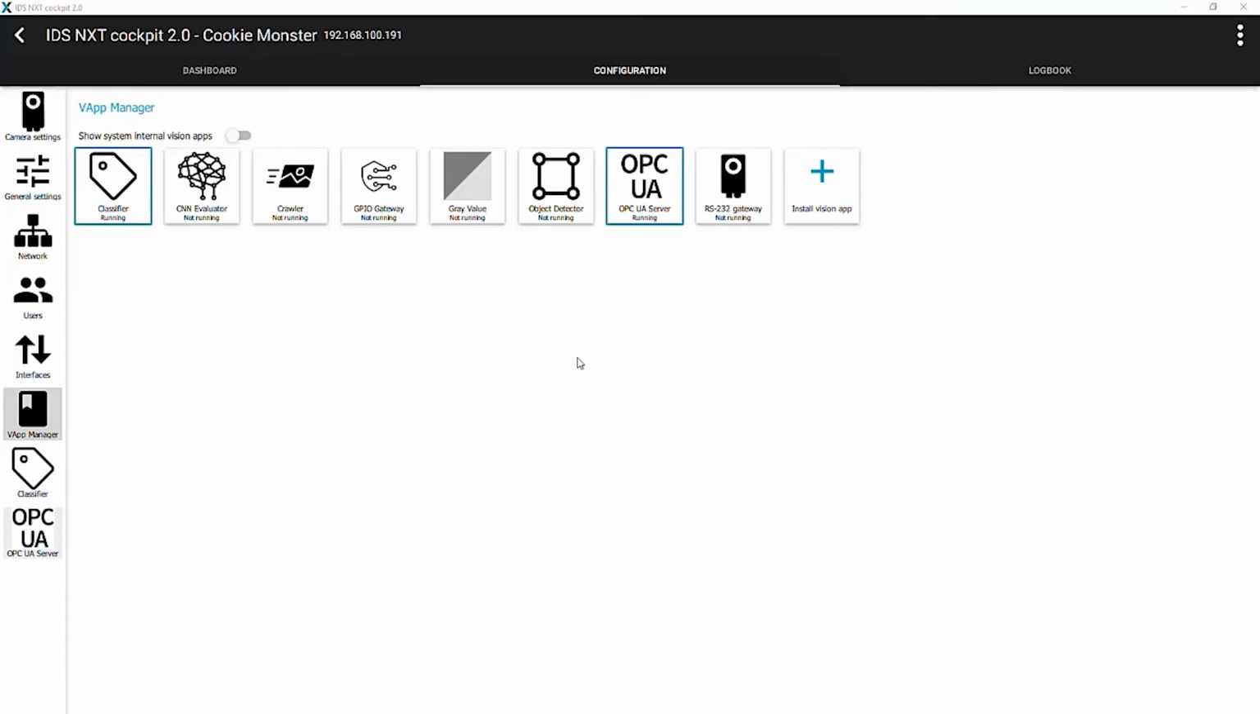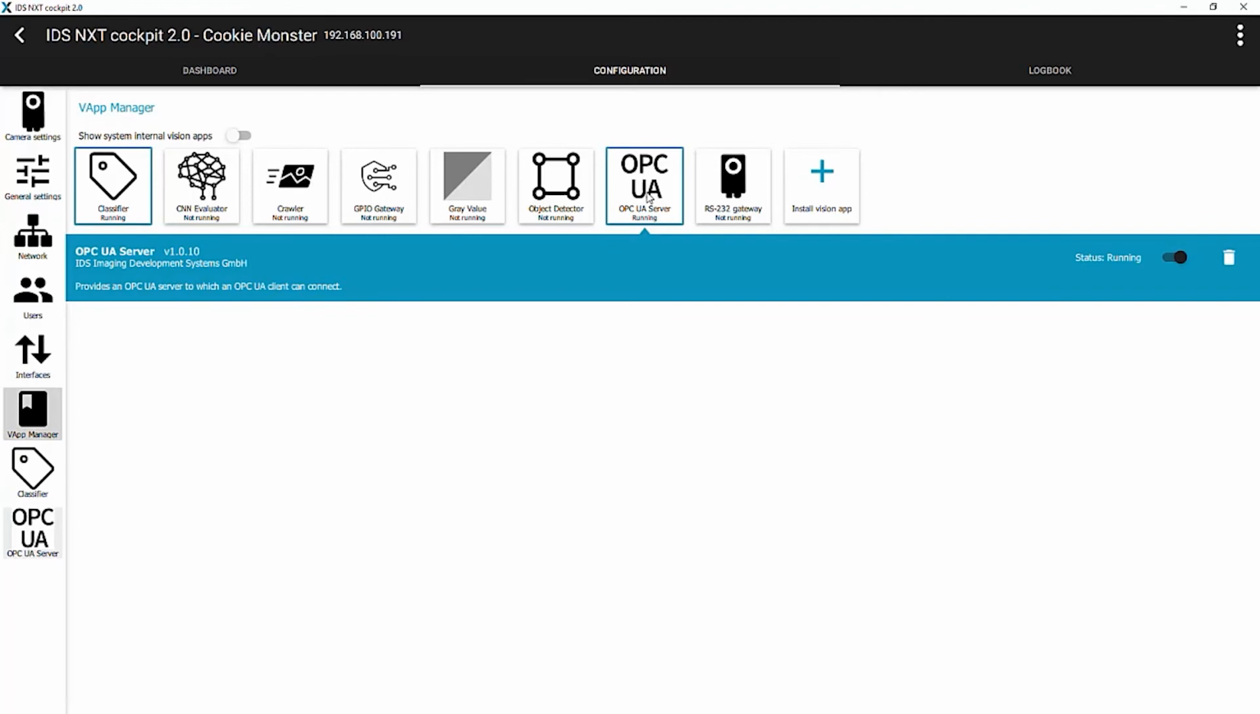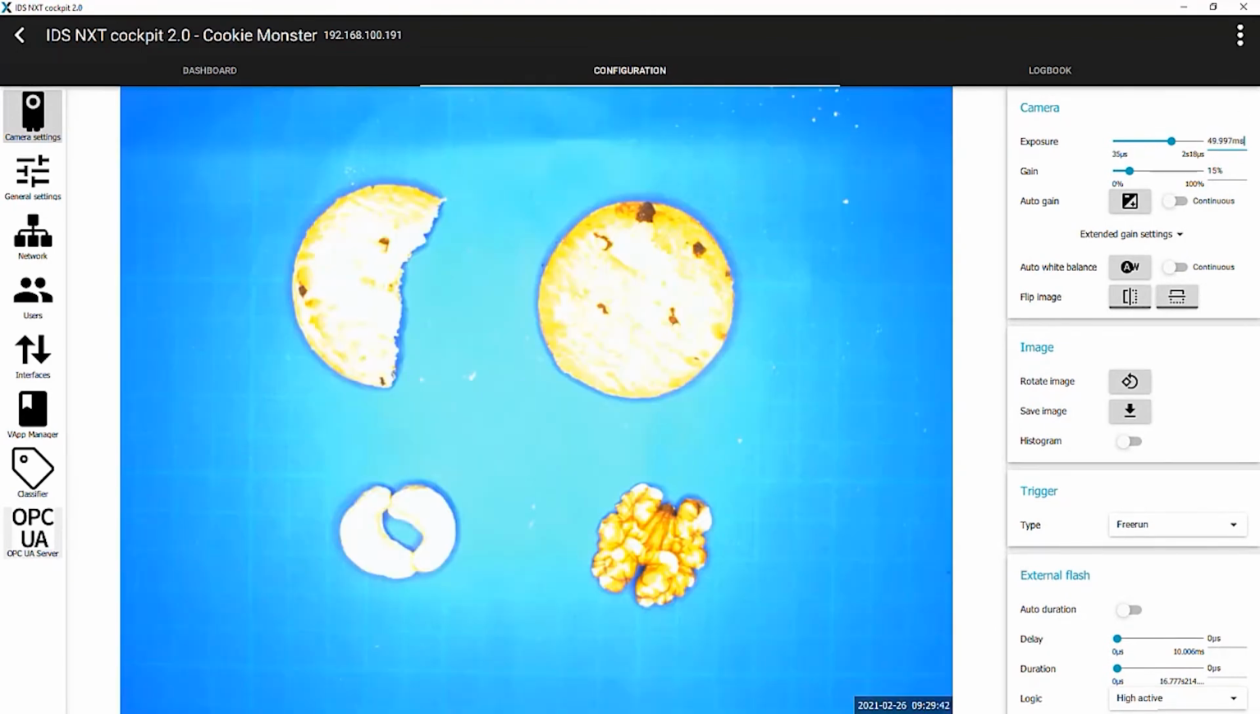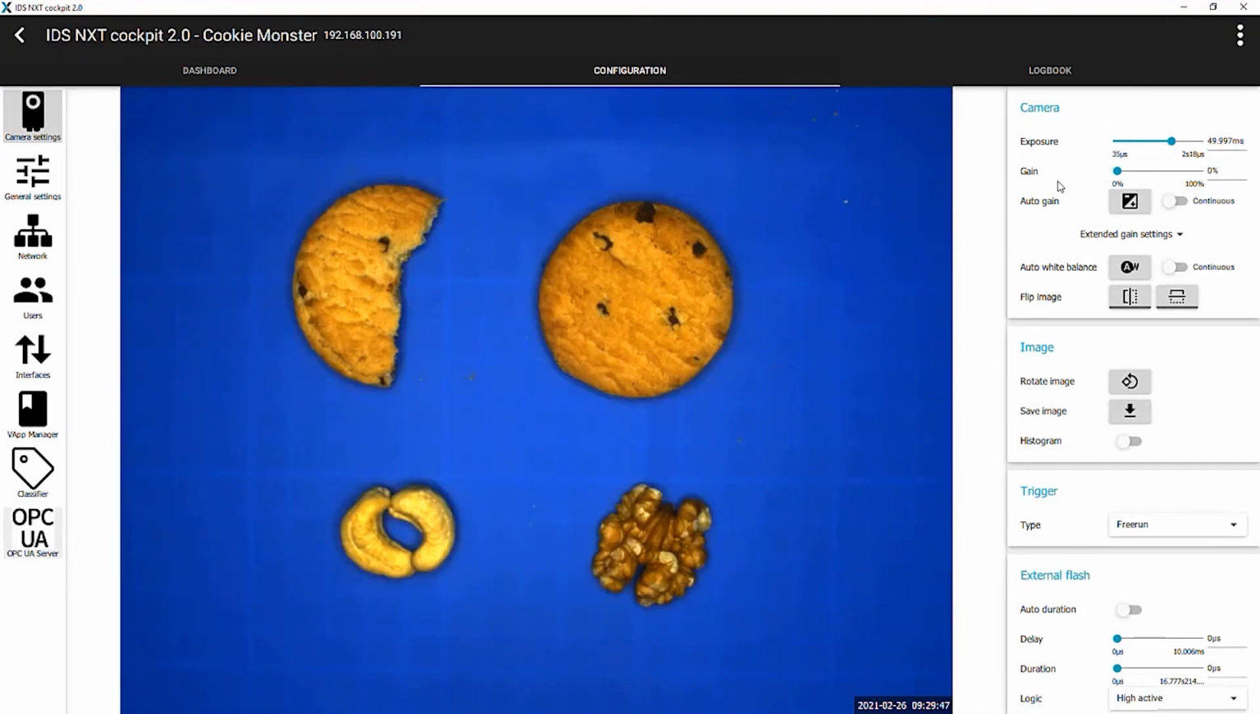So this is our IDS NXT cockpit software. This is what we use to configure the camera. First of all, we want to enable the OPC UA server vision app, and then set up the camera for the imaging side of things. With this interface, we can set things like the exposure, the gain, the white balance settings, and any number of triggering and digital I/O options. But here we will optimize the setup so that we have a nice image, and then we select